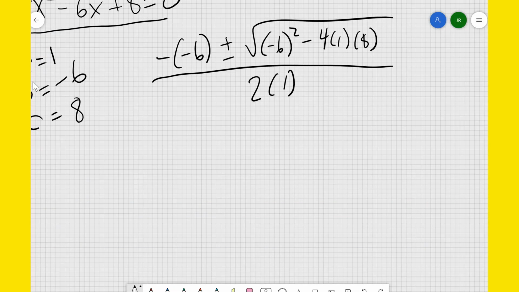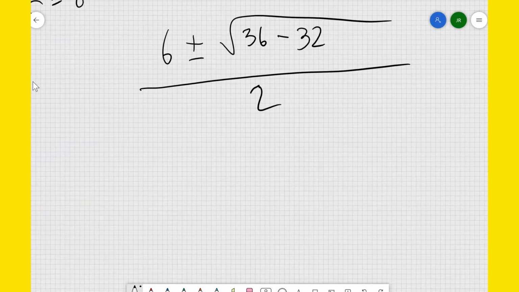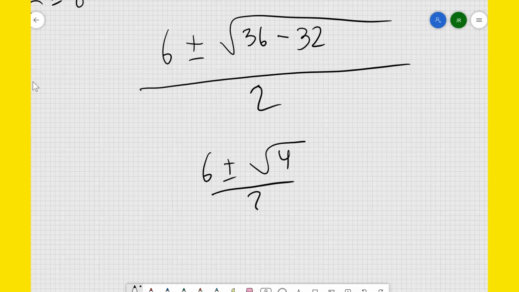So negative 6. What is negative negative 6? That's just positive 6, right? All right, plus or minus the square root of negative 6 squared, that's positive 36, minus 4 times 1 is 4, times 8 is 32, so minus 32, all over 2. So that's going to be 6 plus or minus the square root of 4 over 2. And the square root of 4 is what? It's just 2. So 6 plus or minus 2 over 2,